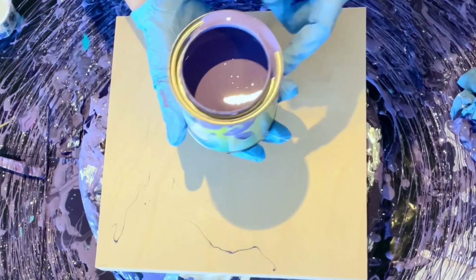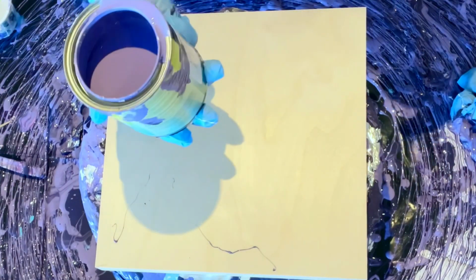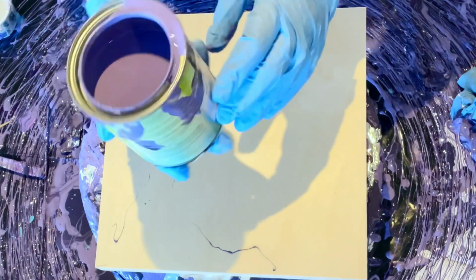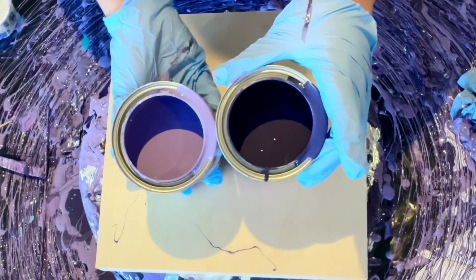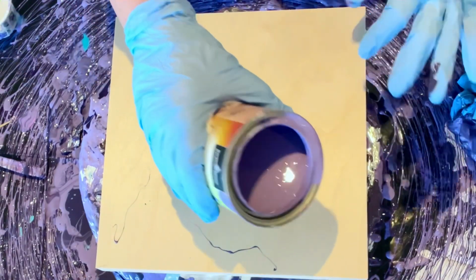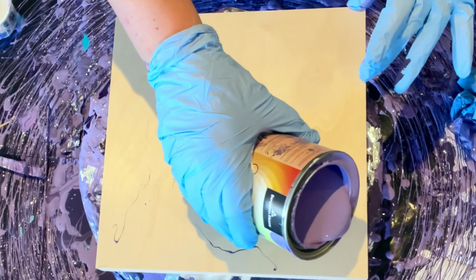Benjamin Moore colors. I've been playing with them. They're a little thin, but I kind of like playing with the colors. This is called Purple Heart, and this is Purple Space. I thought it'd be fun to do a little split pillow bloom. This is a 10-incher. I'm just gonna make